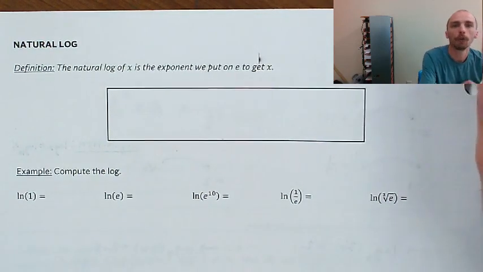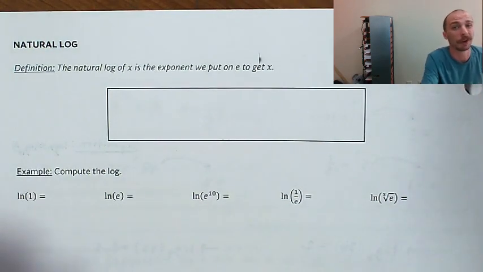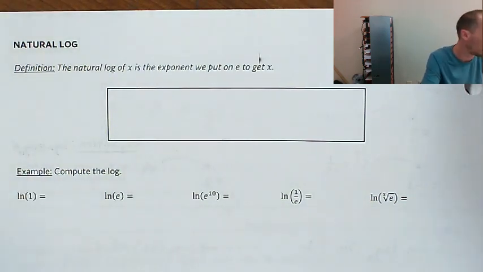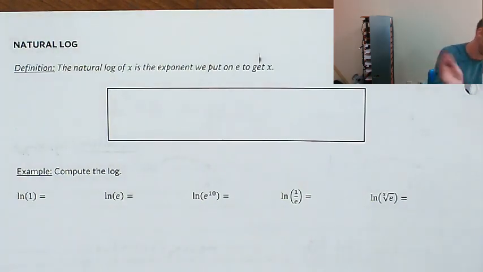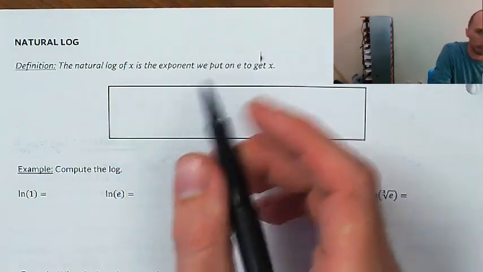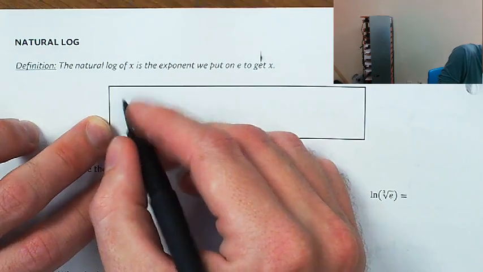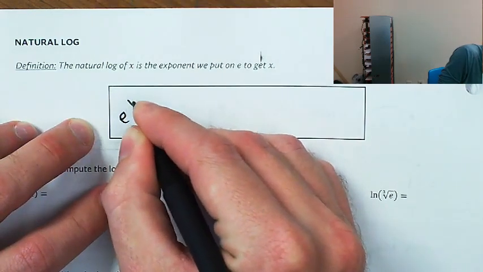All right, next I want to tell you about the natural log. Okay, and if I'm being honest, that's really the only type of logarithm that I care about at all. For reasons that will become much more obvious in pre-calculus and really in calculus, you'll see why we really only care about natural log and only really care about exponential functions that have base e, but more discussion on that in the future. So the definition of natural log of x is that if we've got e to the x